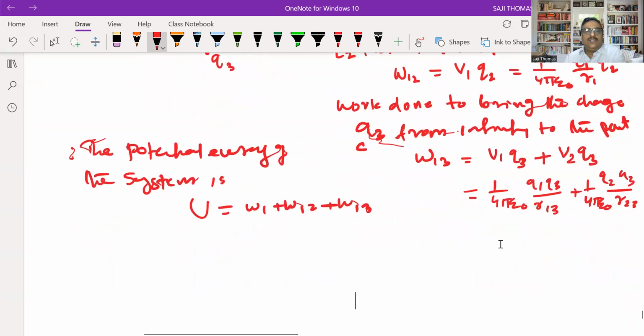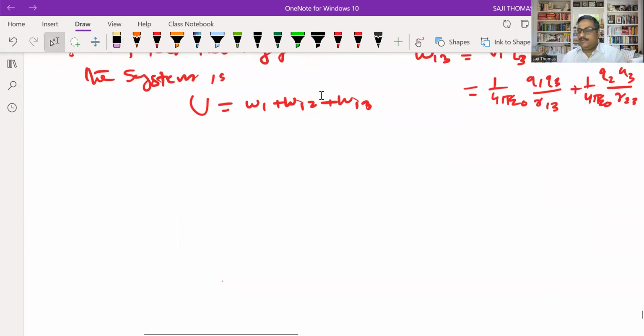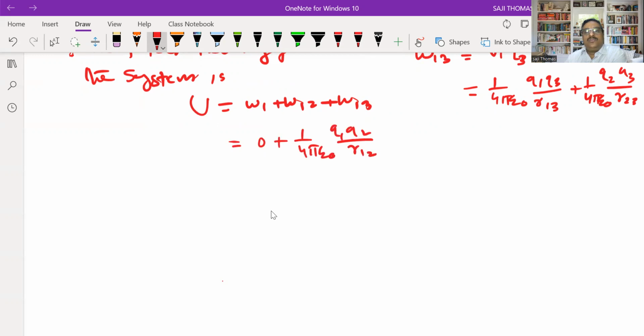So what will be the answer? So you add all this. Okay. W1 was 0 plus 1 by 4 pi epsilon 0 Q1 Q2 by R12